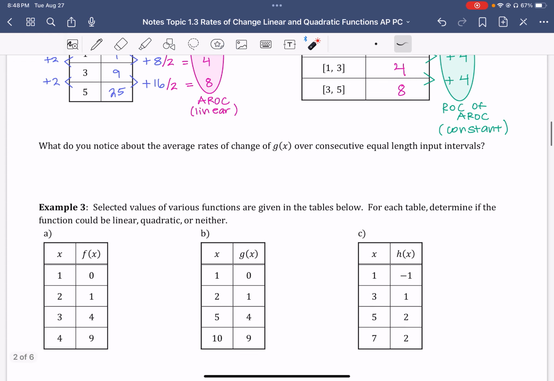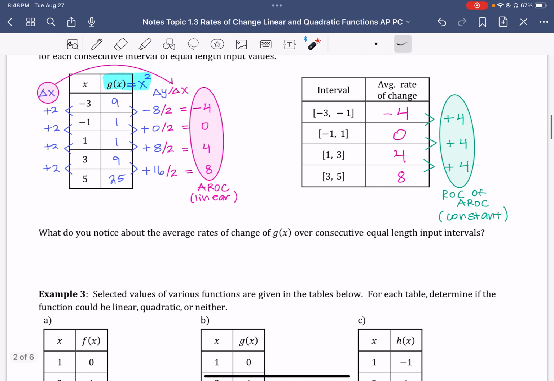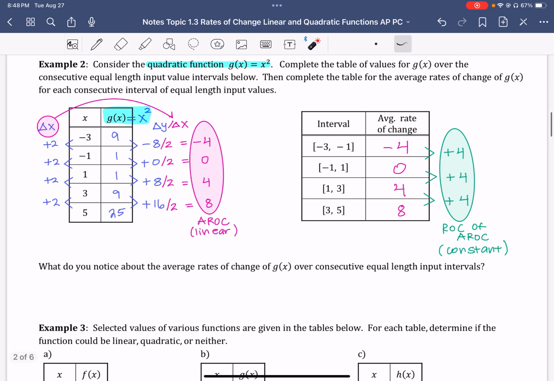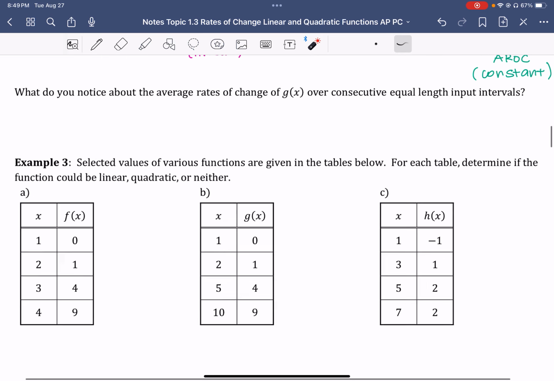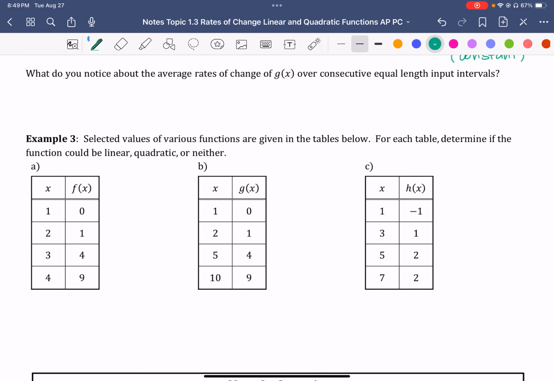Okay. So what do you notice about the average rate of change of g of x over consecutive equal length input intervals? Well, here are the average rates of change. I noticed that these intervals are increasing at a constant rate of 4, right? Because to get from one to the next, I have to add 4. So even though this is not constant, I do know that those numbers are increasing, right? Because if I keep adding 4, I'm going to do 8 plus 4, and then keep adding 4, and these numbers are going to get bigger and bigger. Okay? So I can say the average rates of change